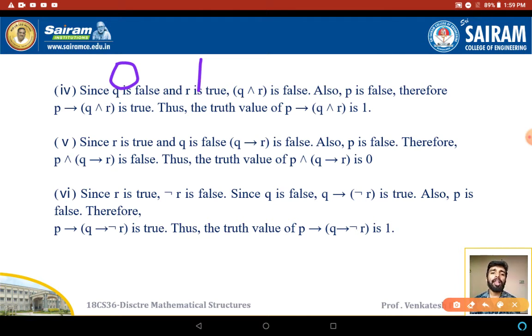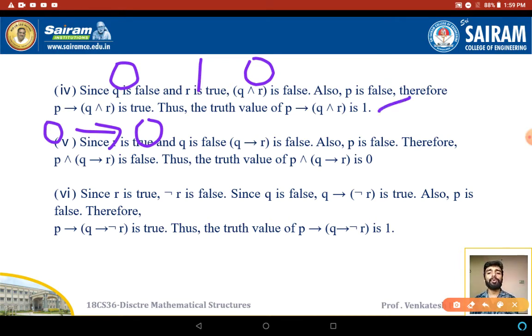The value will become 0 here. After applying the AND operation in between Q and R, the value will become 0, I mean false. And already P is 0, which implies Q and R, also 0. It is a true statement. So therefore the value of P implies Q and R will be 1.